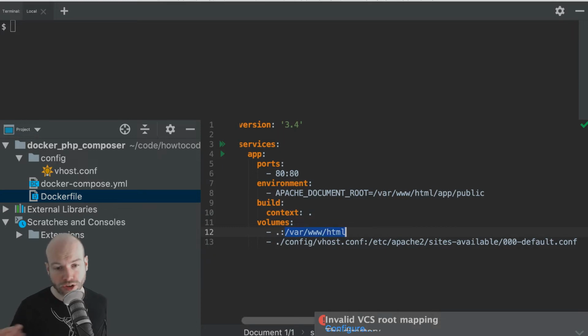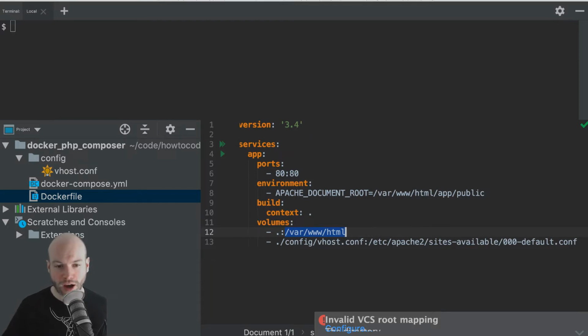Now, if you wanted to, you could do some clever things to remove the Dockerfile and the Docker Compose file and the virtual host and so on and so forth. You can do things like dockerignore and all of that jazz. But I'm not going to go down that rabbit hole too far today. I might pick that up later on. Let's just try and get this to work first.